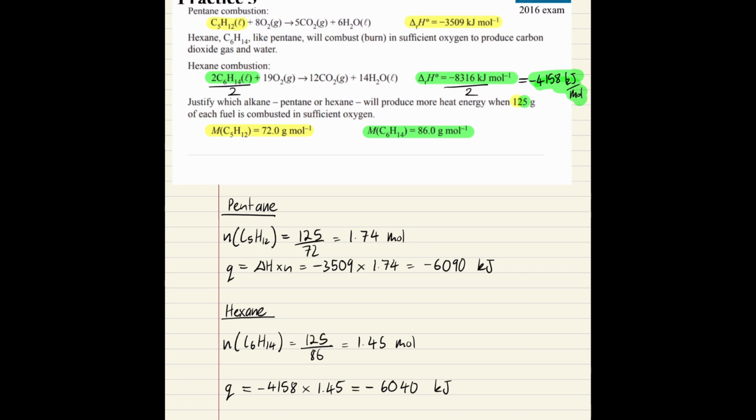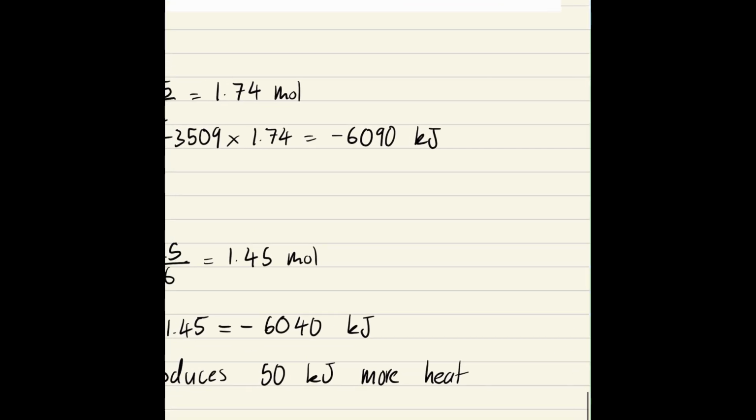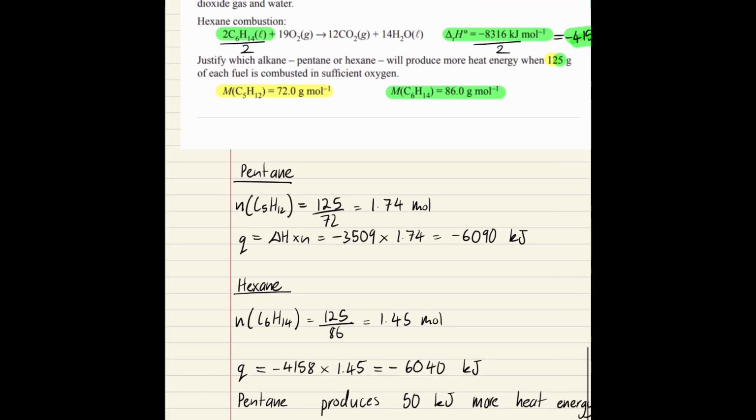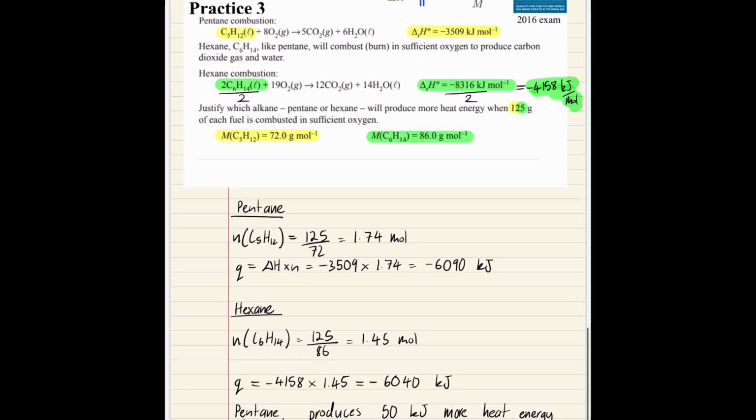So I'm going to say pentane produces 50 kilojoules more heat energy than hexane. Cool. So just a really nice, clear answer that actually